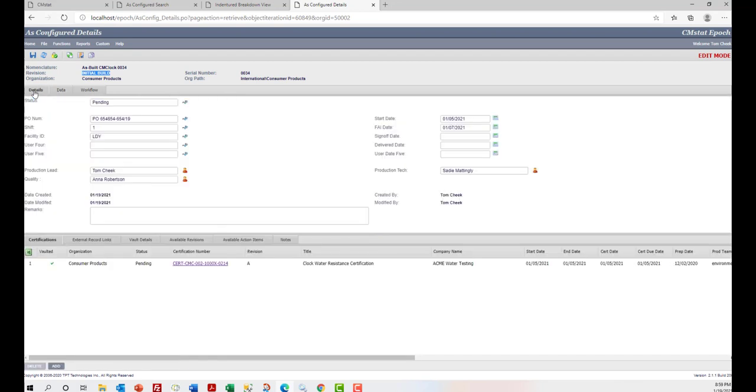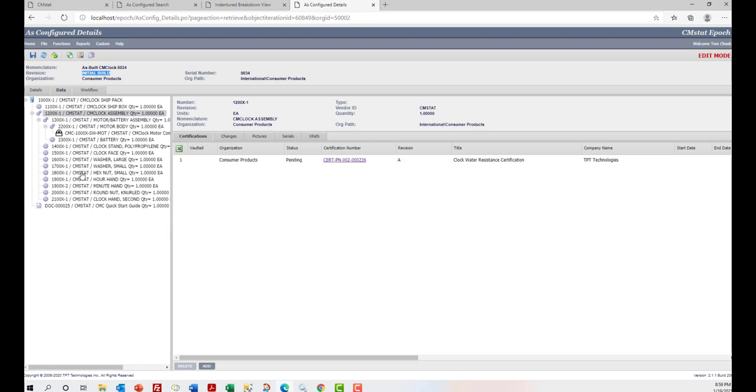Next, we'll look at a configuration record for a specific instance of the product. The one I've retrieved is an as-built record of a product configuration that's been through certification testing. These as-configured records, as we call them, start with the product structure data we were just looking at to establish the baseline. Functionality within EPOCH allows for manipulation of that data